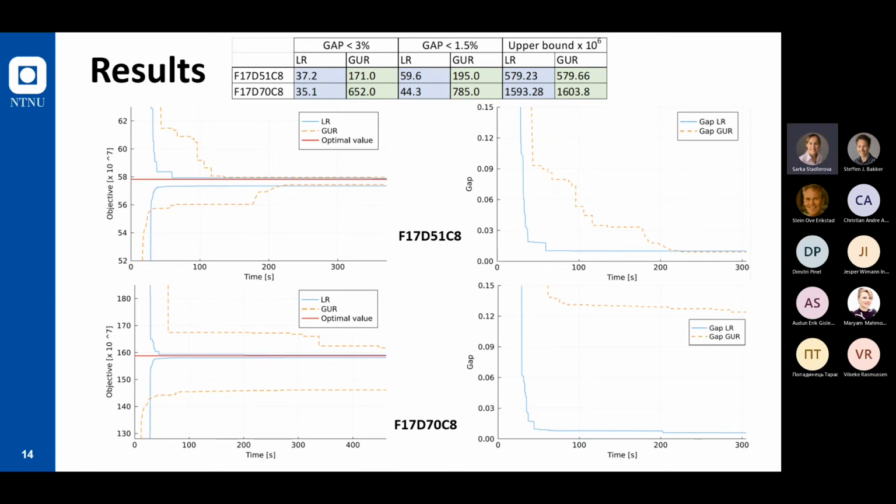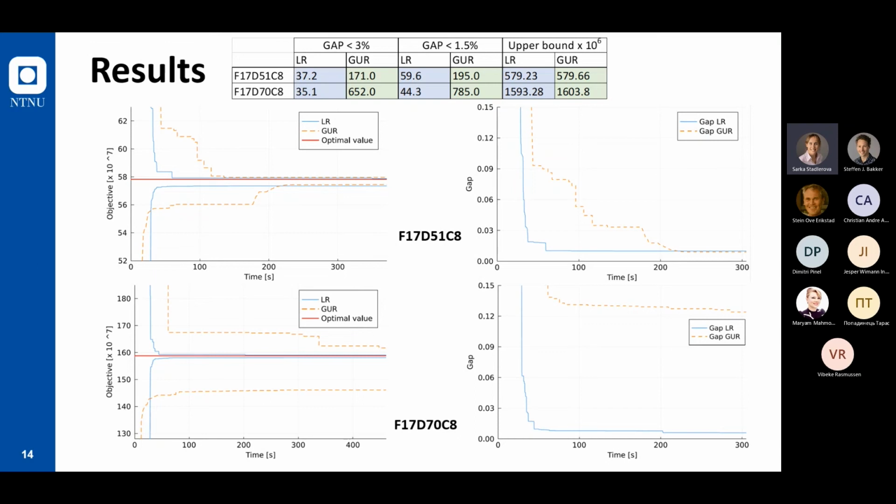But now we come to the point where our algorithm has an advantage, and it's just a slightly bigger problem with 70 customers. But these 70 customers also come with higher demand. And it's also the reason why a bigger problem is easier to solve with our algorithm than the small one. Because here you can see that for the bigger problem, we need only 44 seconds to achieve a gap lower than 1.5%, while for the smaller one, it's about 1 minute. And the reason is that higher demand means that it's easier to satisfy the minimum production requirements. And then the problem is easier to solve with our algorithm.